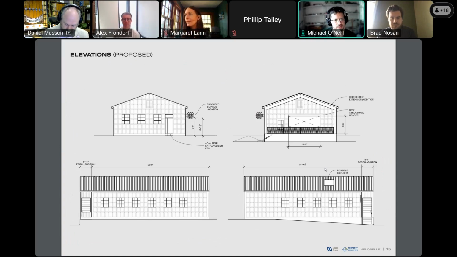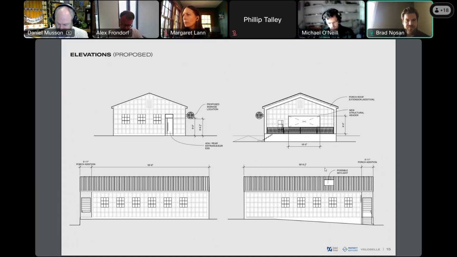And I think something that preserves the character and the rhythm makes sense. We'll definitely keep looking at that as we get out of the conceptual phase and more into the details. I think we're open to either keeping those windows or doing an accordion sort of door like you're proposing there, Alex. And I apologize, Margaret. If we missed that earlier, we apologize too. I don't have it in my notes.